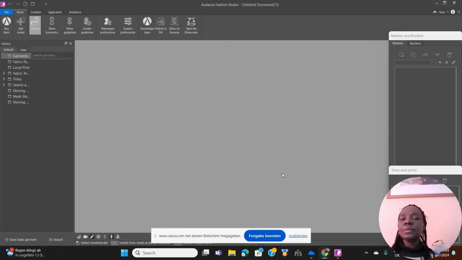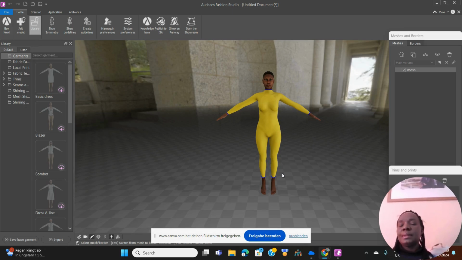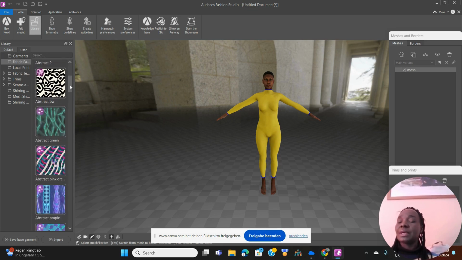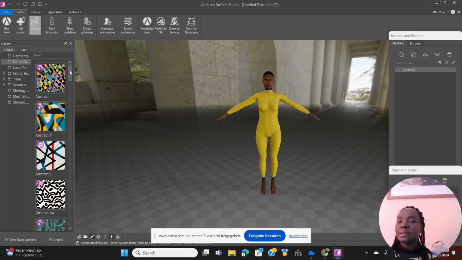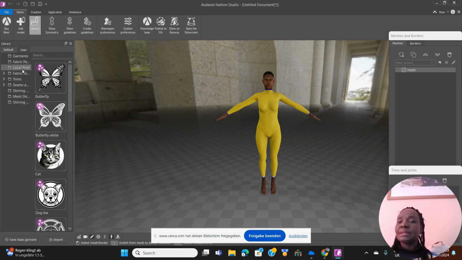Okay. So once you've chosen your mannequin, now if you come to the left part of this, you see different kinds of things in the AUDACES library that you can use. The very first one here is the garments. So today we're talking about the garments. Here you have the fabrics. If I click on that, it shows different kinds of fabrics you can use on whatever style that you design on your mannequin. The next one is what is called local prints, things that you can just use on your already designed